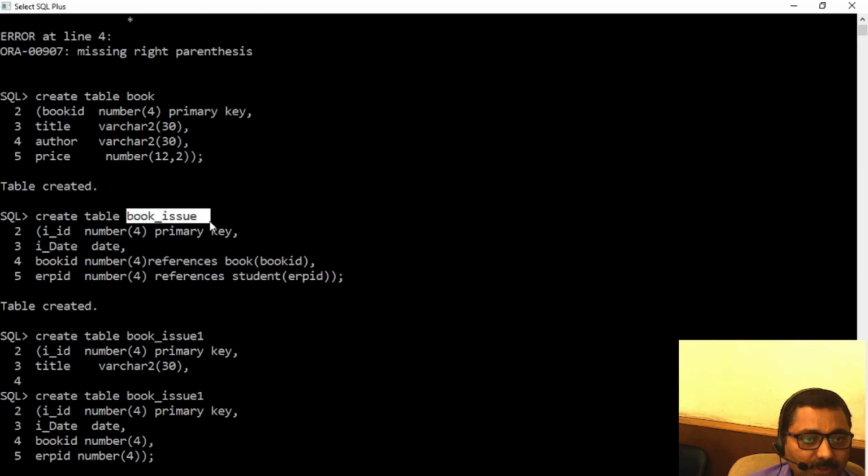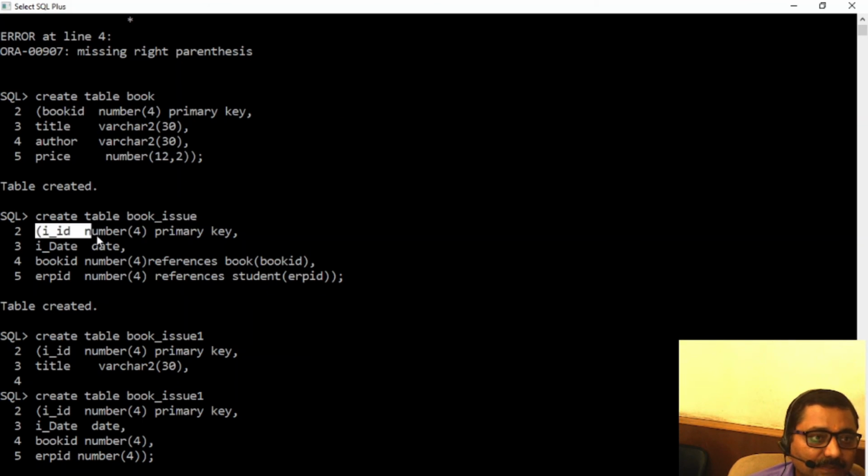In the book issue table, we need to enter the record of which student has taken which book. In that case, the primary key column of both tables has to be referred, and that reference can be done with the help of a foreign key only.